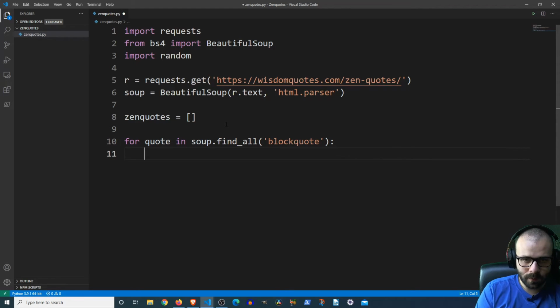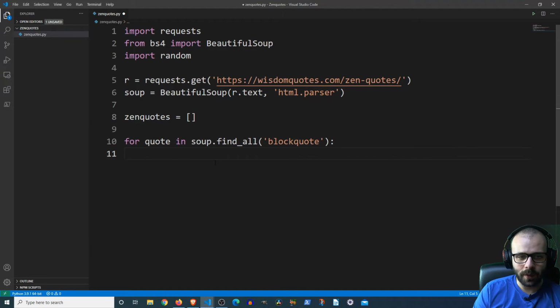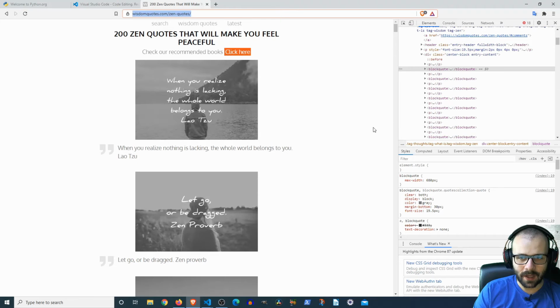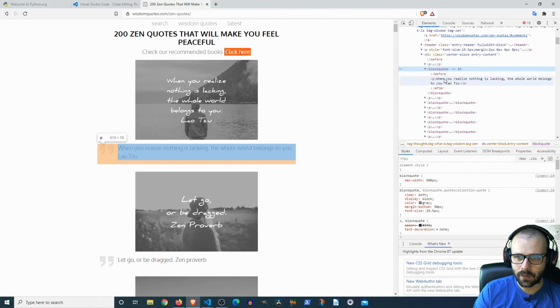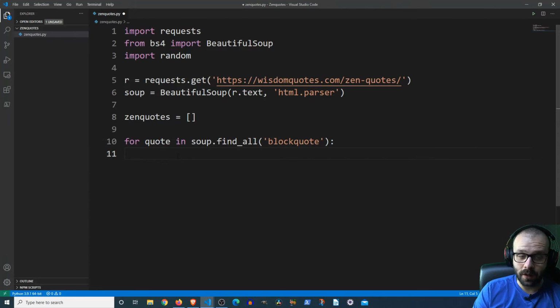And then, once we found all of those block quotes, remember we were looking for all the p tags within block quotes. So what we're actually going to be doing is grabbing the text from this p tag over here, and we're going to be pushing that into our zen_quotes variable. So let's do zen_quotes dot append,